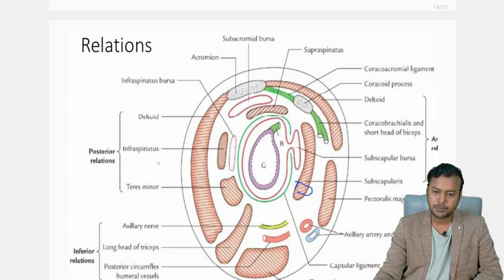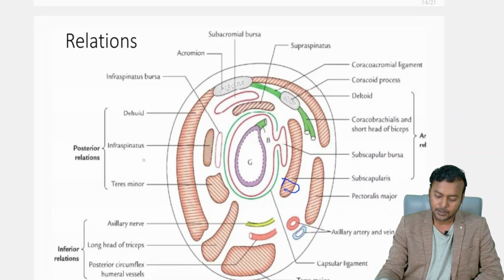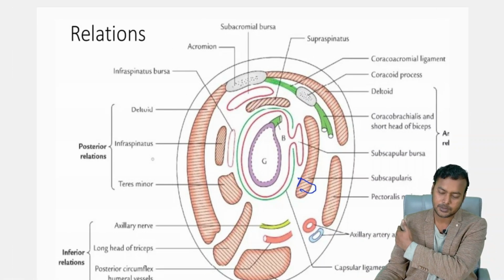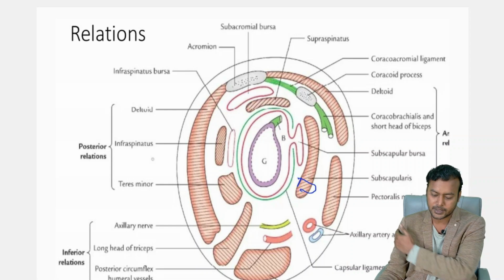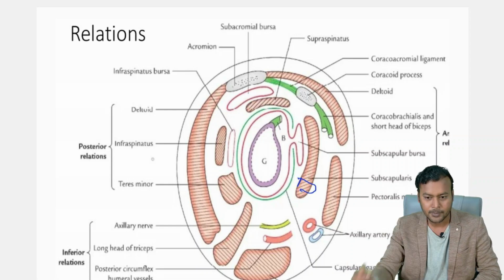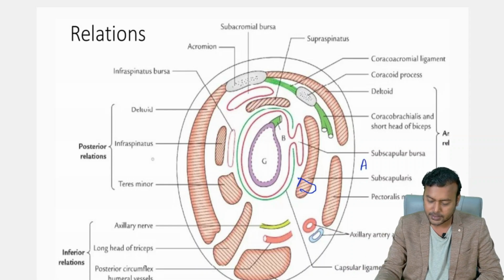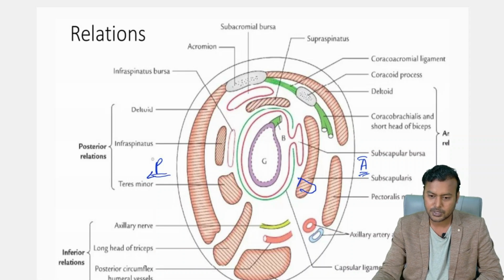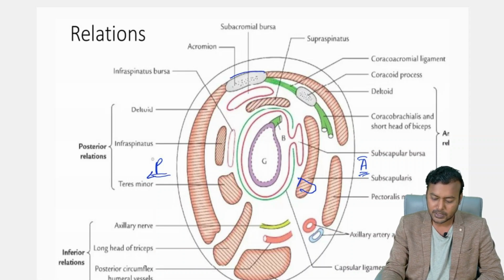So coming to this image again, here we'll see the different relations of the shoulder joint. For your idea again, you are looking at the shoulder joint from the lateral aspect with the humerus removed. And here this side is the anterior aspect and this is the posterior aspect. So anything on this side will be the anterior relation, anything on this side will be the posterior relation. Superiorly, you have the acromion process and the coracoid process, together joined by the